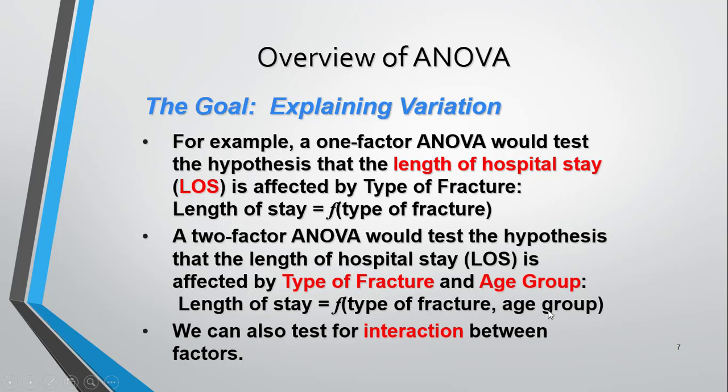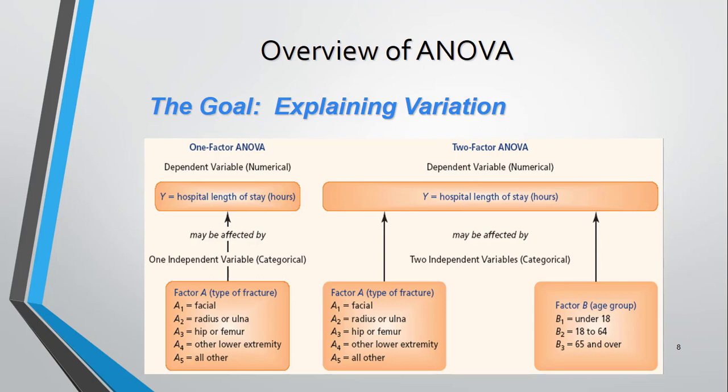Maybe for the same type of fracture, the hospital stay for a young person could be shorter than for an old person. So the age of the patient is another factor. We can also test for the interaction between the factors. To summarize, for one-factor ANOVA, in this case, the length of hospital stay in hours may